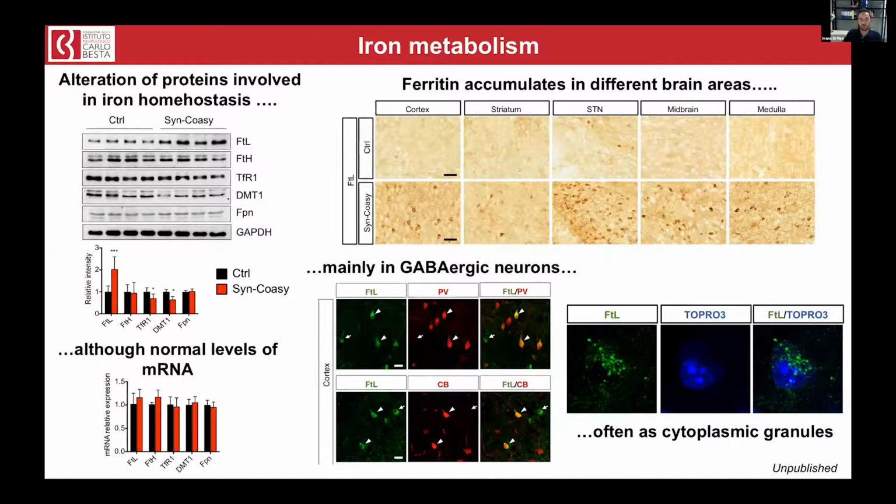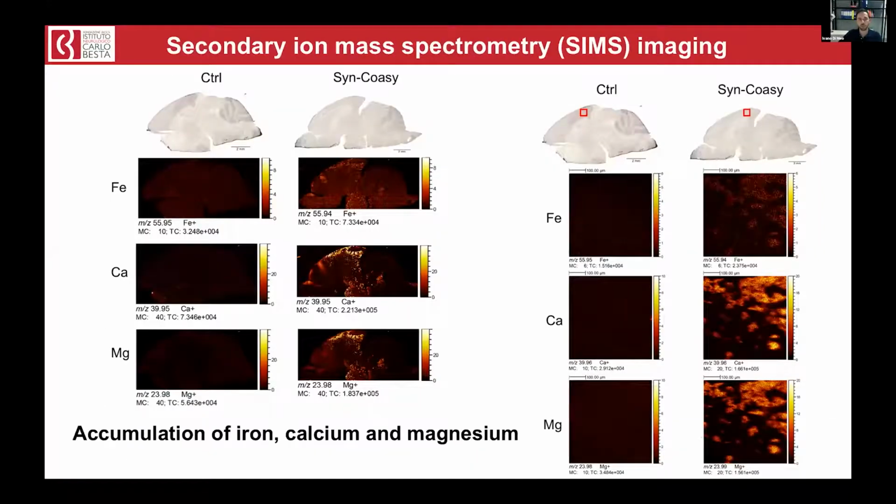So we performed, in collaboration with the group of Sophie Essiro in Lyon in France, a secondary ion mass spectrometry imaging, so a mass spec imaging assay, and we found low but appreciable accumulation of iron through all